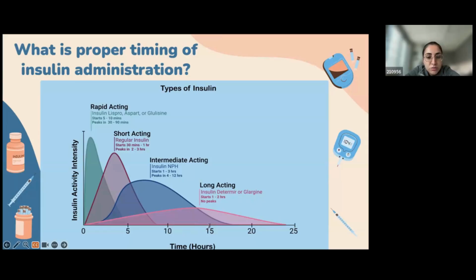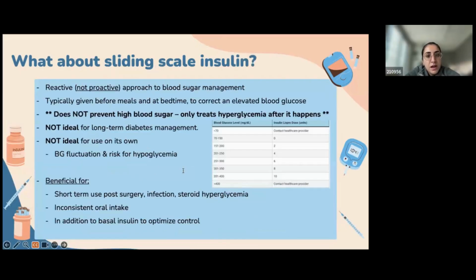You may run into mixed insulin sometimes in certain patients, like 70/30 NPH regular. They're less commonly used, but sometimes certain patients are on them just due to being on them for many years or due to insurance coverage. These insulins in particular have to be given 30 minutes before the meal instead of 15 minutes. So I think it's good to know that just for practical applications in the SNF.